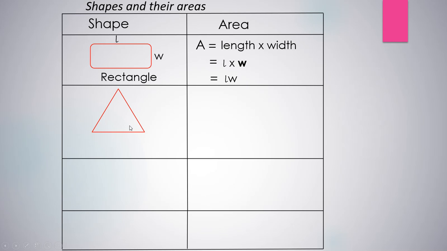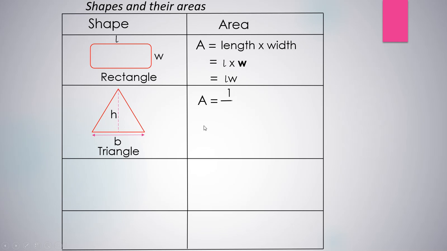Let's have a triangle or triangular shape. What is the formula for its area? This triangle has base B and height h. How do you get the area? Area A is given by